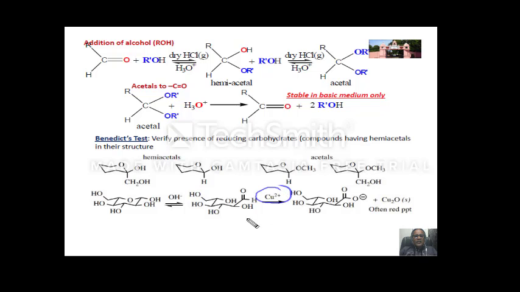You have a copper salt, and what does this copper salt do? This is Cu2 plus, right? It eventually forms a red precipitate. So what has happened over here is that the ring opening has taken place, right? So this concept of acetal has huge importance. In fact, if you remember, we have